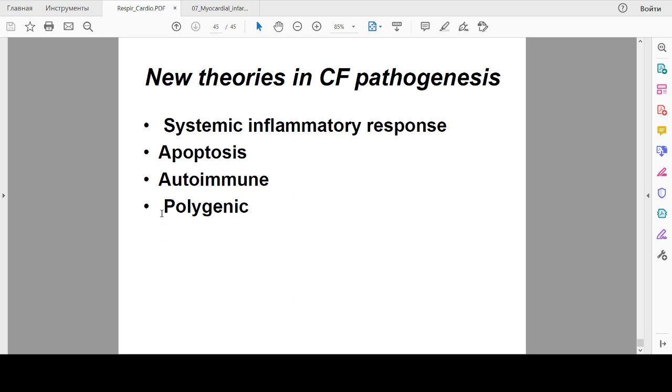Polygenic theory. Of course, we know well that many diseases which 20 years ago we considered absolutely somatic, absolutely acquired, are now well known not to be absolutely acquired. They have some genetic basis, but the problem is that not a single gene is responsible for the development of these diseases, but a sequence of genes, sometimes in different chromosomal pairs. And the second bad news is that these pathological genes are responsible not directly for the disease, but for some